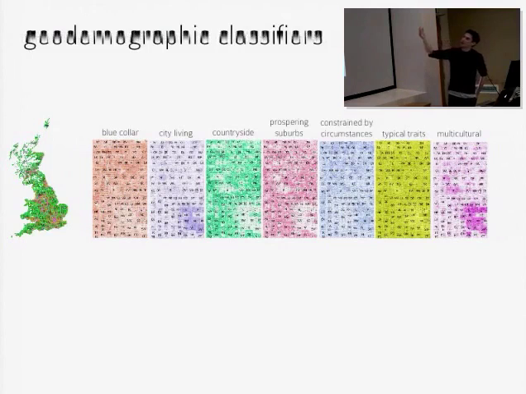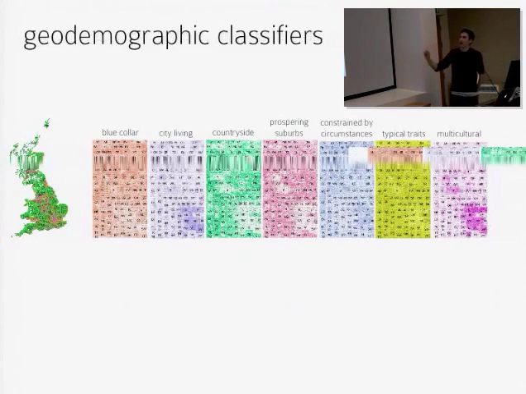Typical traits doesn't help with... what I'm suggesting is that visualization helps you understand the uncertainty associated with the definitions, or how well defined groups are, or how close groups are to these centres. So for multicultural, we have lots of dark and lots of light, which suggests that there are a set of output areas that are really, really close to the multicultural traits. It describes well some of the people living in many of the output areas.